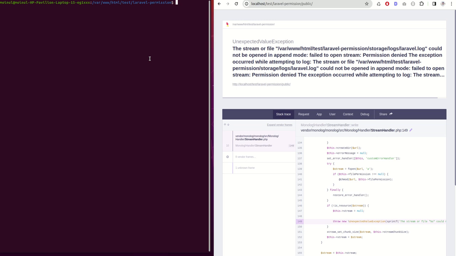Now I'm writing the command sudo chown recursive, and user and web server user, which is www-data, to the directory storage. Okay,